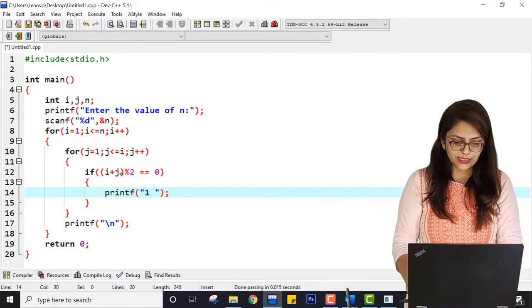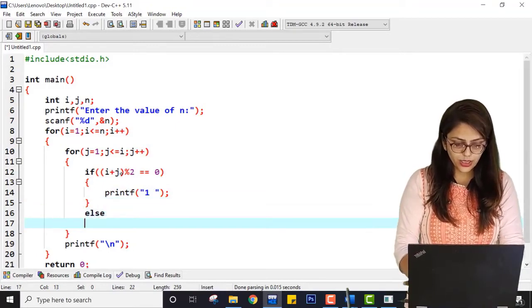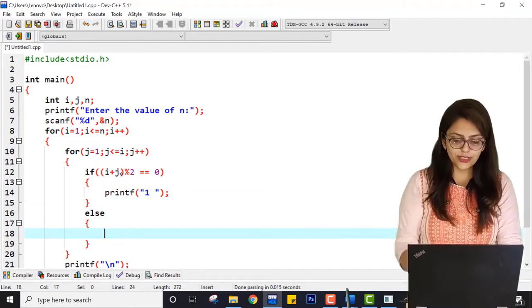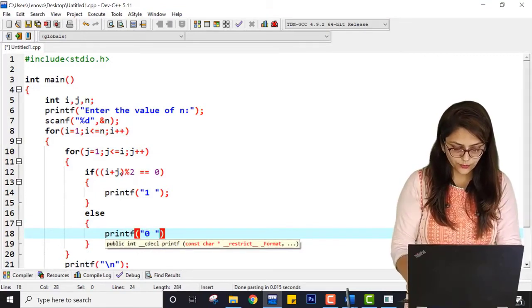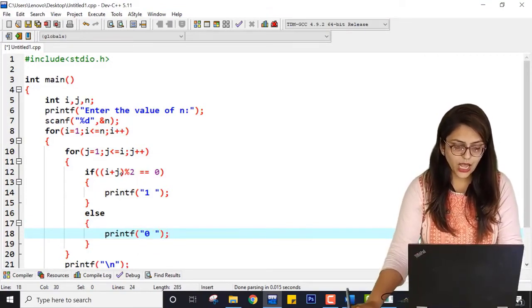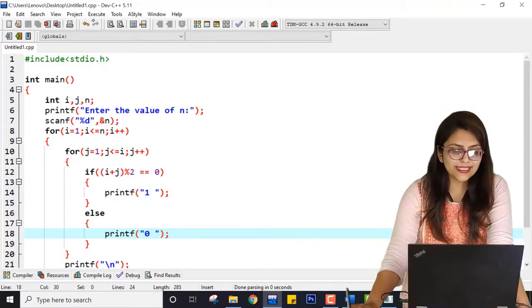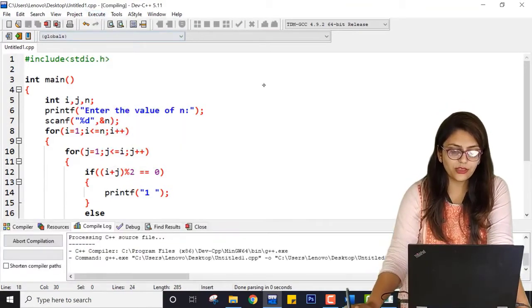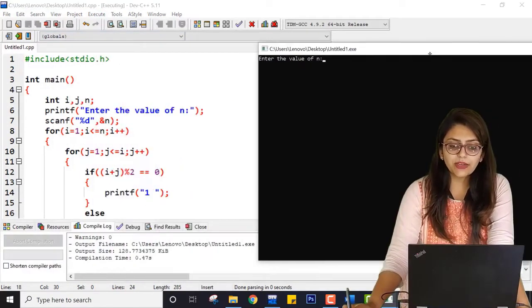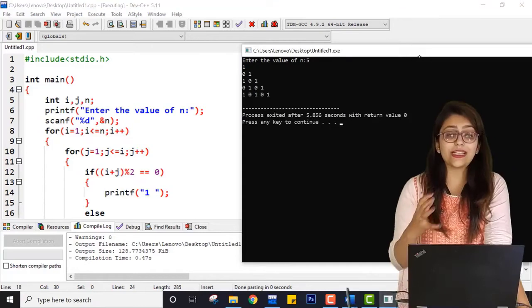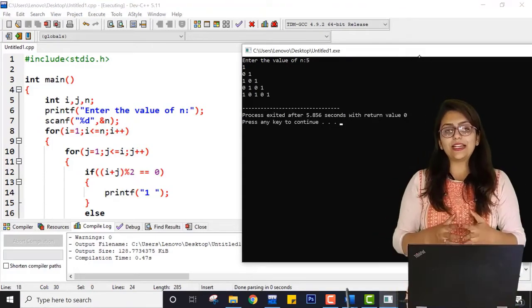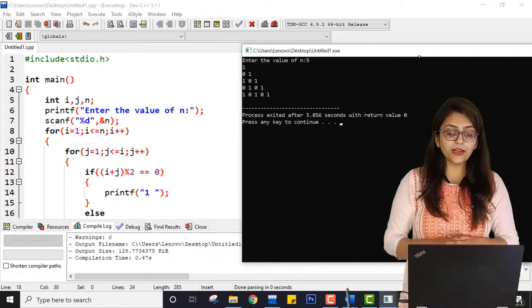I'm giving a space. Otherwise, that means if the summation is odd, I'm printing 0, right? Now the remaining code will be the same, and let me just check if the code is correct or not. Here I'm giving the number n. So I want the number of rows 5. That's why I'm giving 5, and you can see I am successfully getting the desired pattern, right?